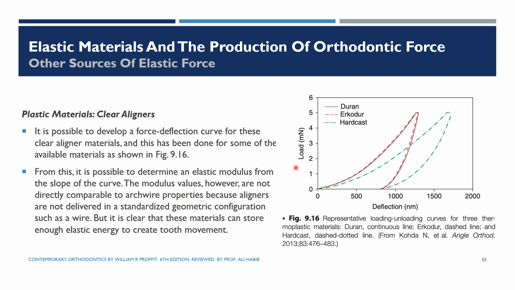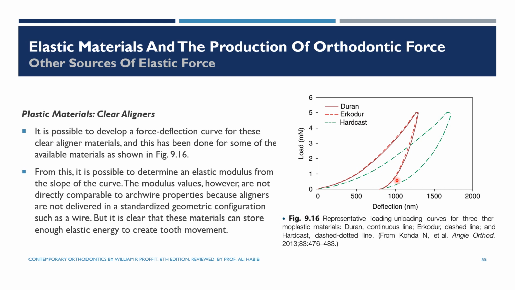So here also, those materials have an elastic modulus, and you can measure it, determined from the slope of the curve. However, the modulus values are not directly comparable to the arch wires. Why? Because aligners, as I said, are different geometrically than wire. But it's clear from these graphs, if they're correct, that plastic materials or aligners can store enough elastic energy to